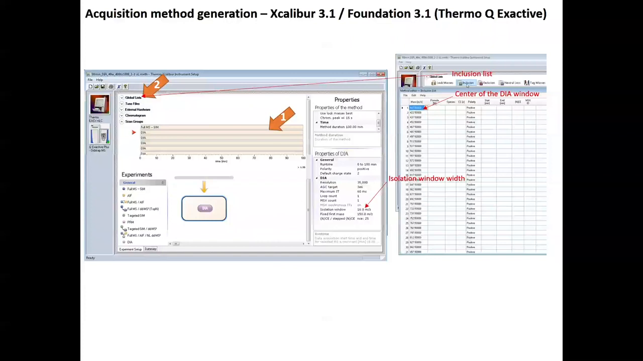So these are screenshots from Xcalibur for the Q-Exactive. So here we actually use the DIA experiment button. So you first generate a full MS scan, and then you need to generate as many DIA segments as you need. And the number of DIA segments needs to match the number of inclusion windows that you specify in your global list. So once you generate it, for example, in this case here, 40 DIA segments, you click the global list,